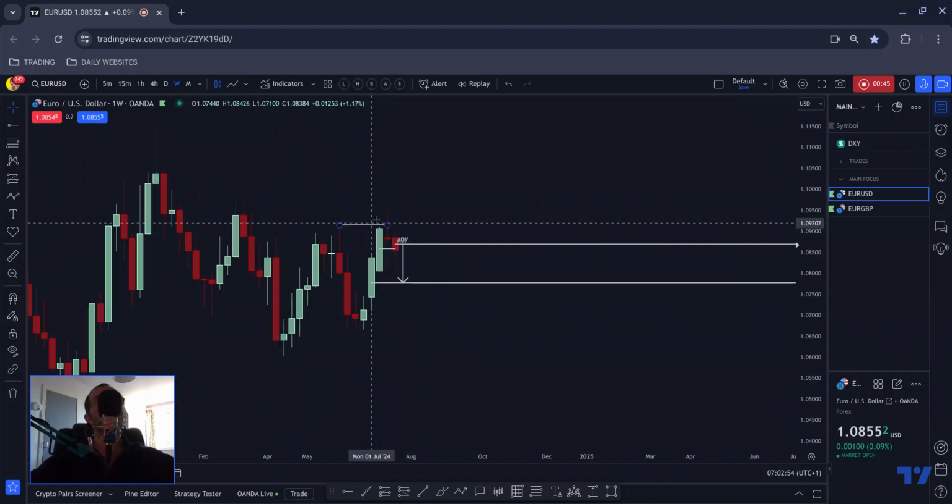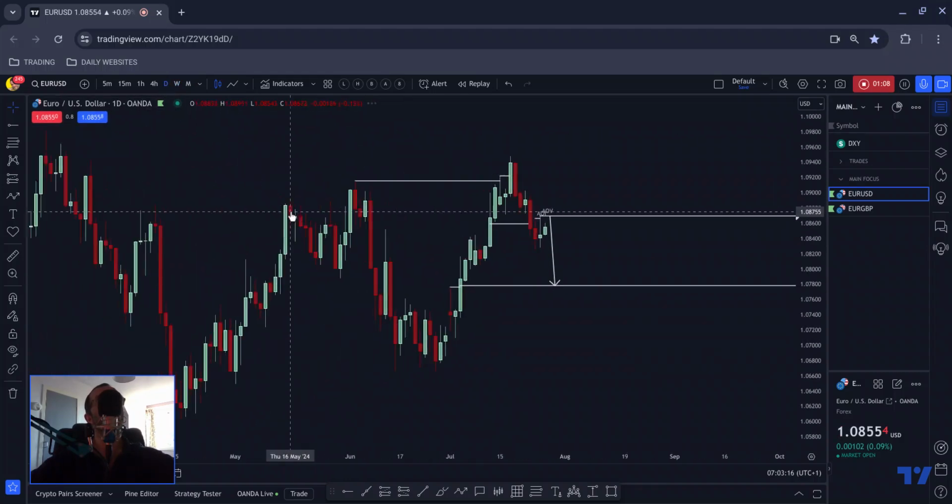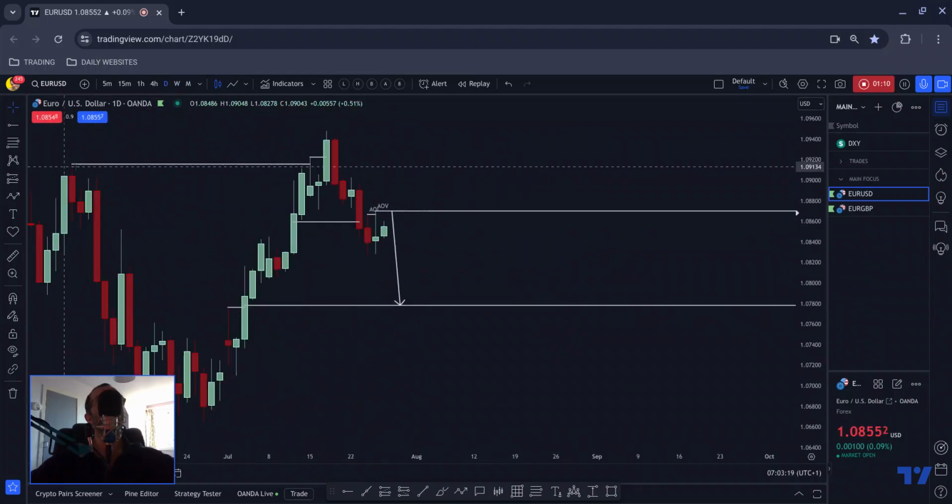Okay, we can see that perhaps we have the start of an evening star formation on the weekly, but you can see from how this active weekly candle, the one that's open at the minute, is concerned, that does not look very convincing in terms of a move to the downside, but that could change by the end of the day. Okay, if we just zoom in a little bit,